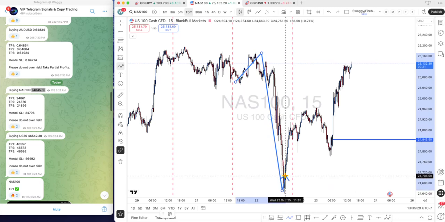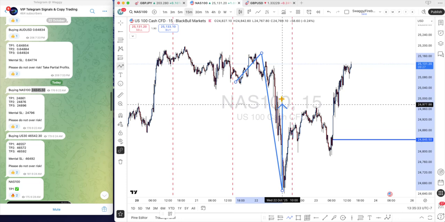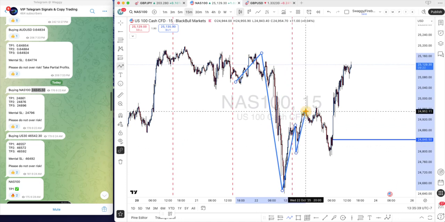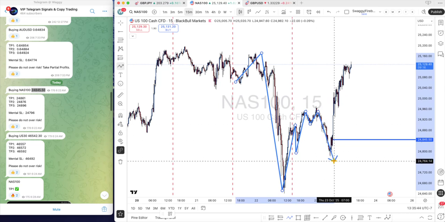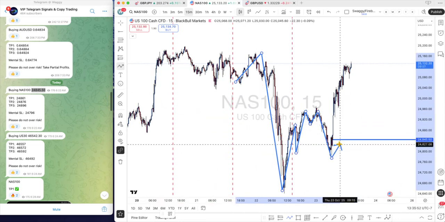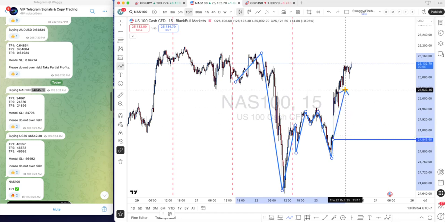It sold off hard. When price sells off hard, we're going to be looking for price to start to fill the whole way up, or at least halfway of this, right? So this starts happening on the next day. Price starts to fill up all this massive sell-off. It sells off some more, which gave a great opportunity in this key level right here for this entry that got put out at Investors Domain in the VIP Telegram group. And from that entry point, as you can see,